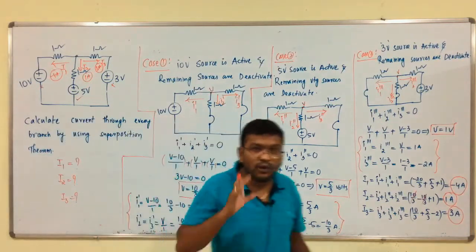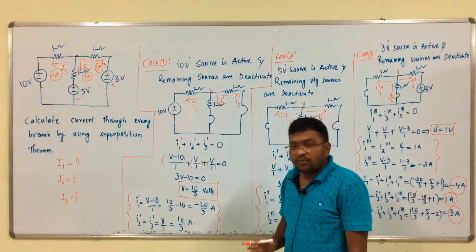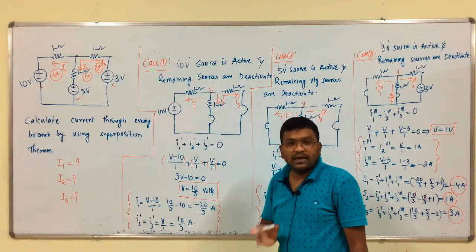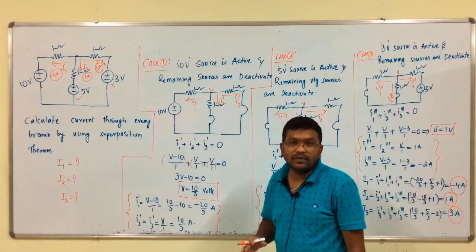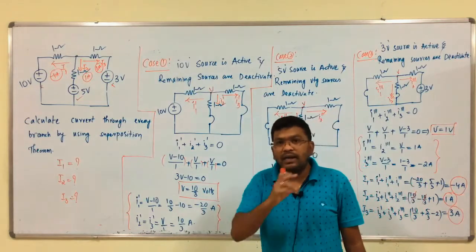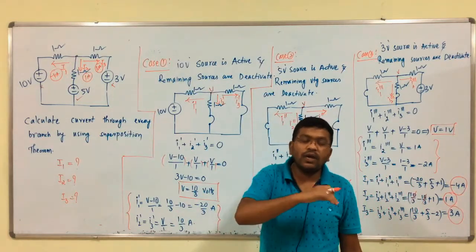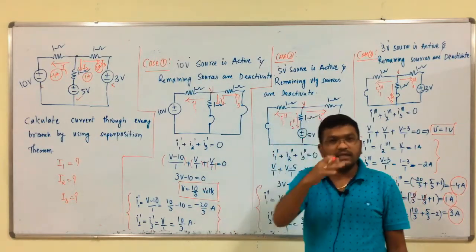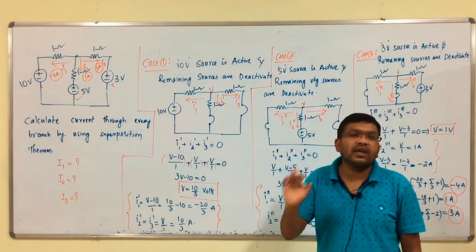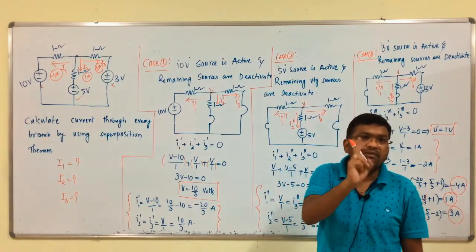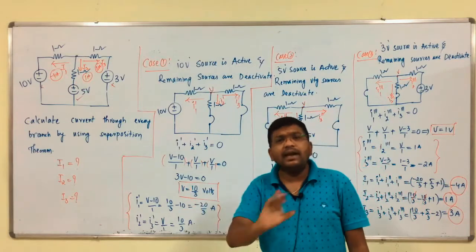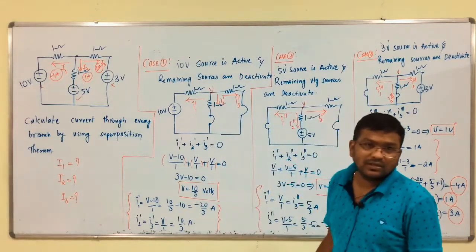Simple. We have to look at the circuit. So, before solving the problem, first we have to identify the number of independent sources, whether it is a voltage source or current source. If it is a voltage source, for each and every case we have to replace it with what? Internal resistance. For a voltage source it is 0, for a current source it is infinite. So, if we have n number of voltage sources, we have n number of cases. For each and every case only one source should be active, and all the other sources should be deactivated, and do the procedure like this. Okay.